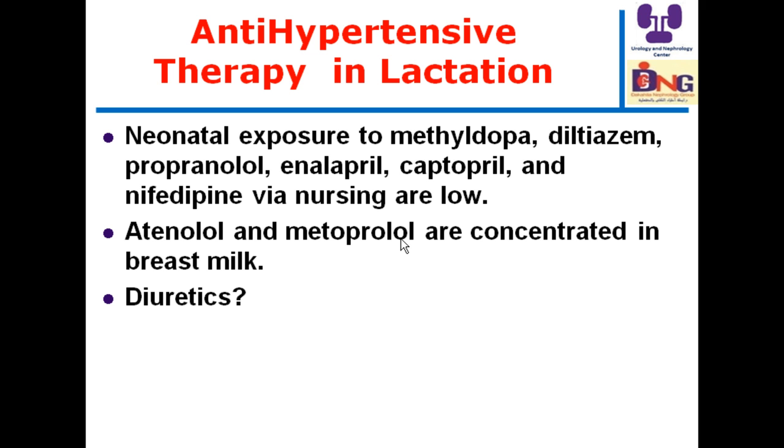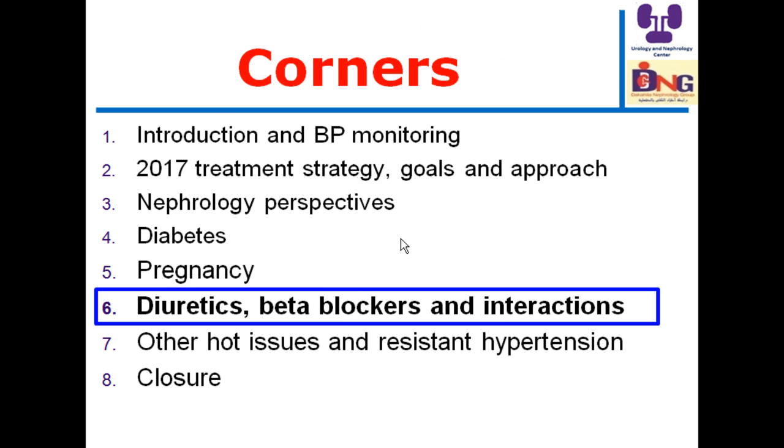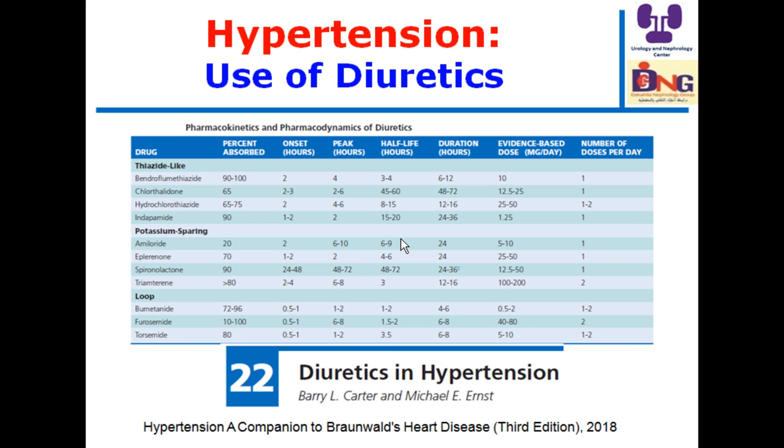Regarding diuretics and beta blockers, very fast. These are the different diuretics that we have. And here, if you look at chlorthalidone, it has a long half-life, so it's better to start with chlorthalidone. And the alternative is indapamide. If the patient has manifest volume overload, especially with chronic kidney disease, loop diuretics are superior to thiazides in these scenarios. Torsemide may have some mineralocorticoid